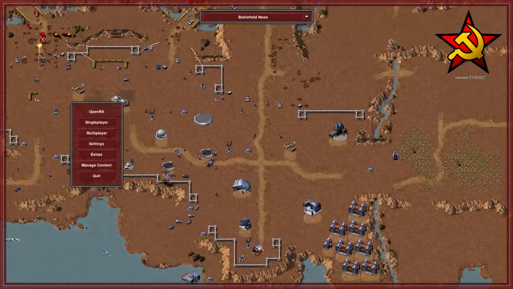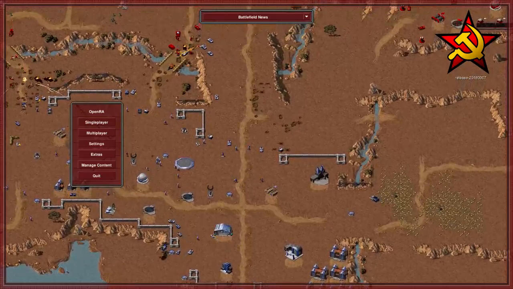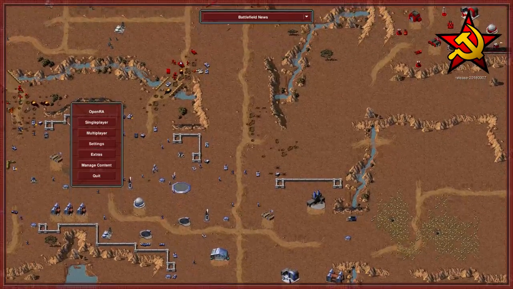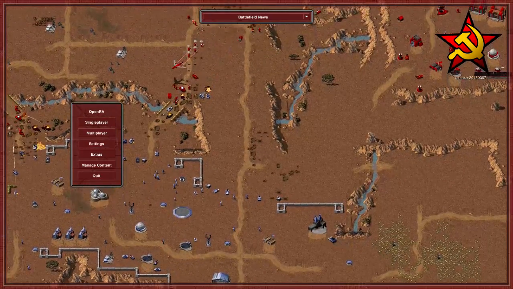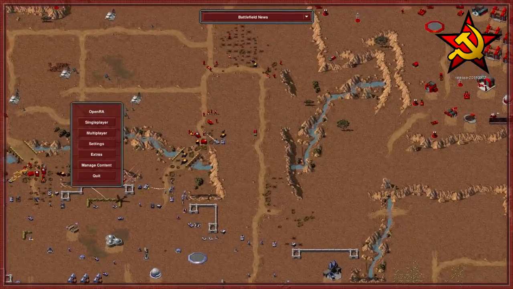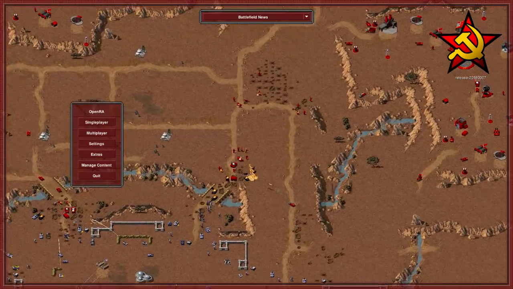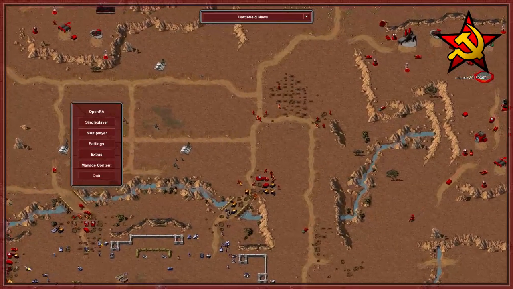For another live stream. Finally gone to a new game stream. I am playing OpenRA, which is a fan-made mod of Command & Conquer: Red Alert 1. That came out in 1996, I believe, and the original Command & Conquer came out in '95. And so OpenRA was